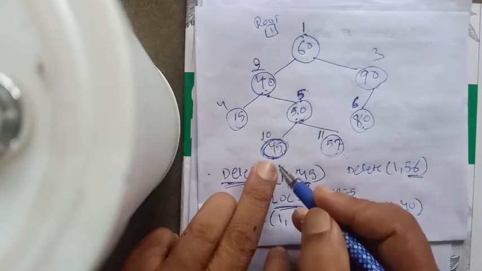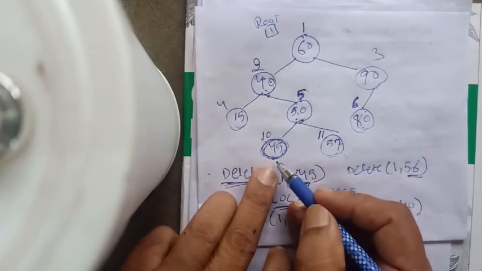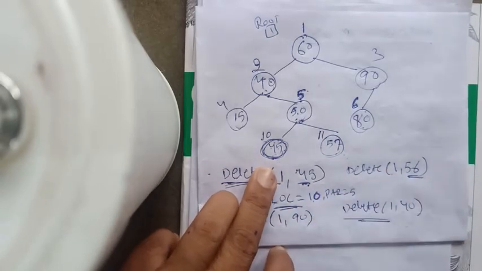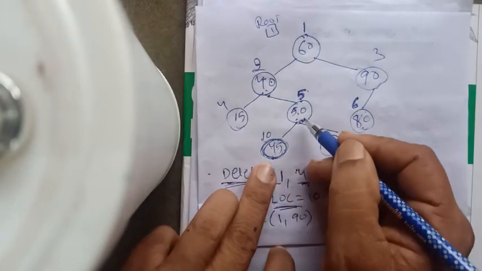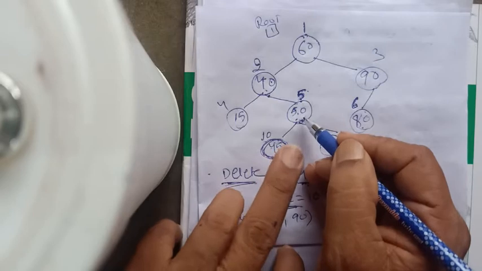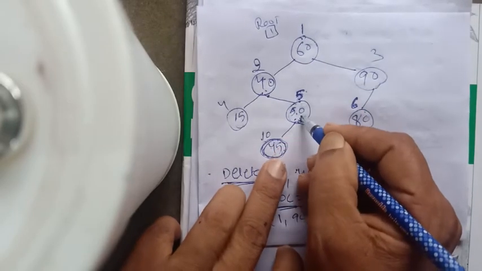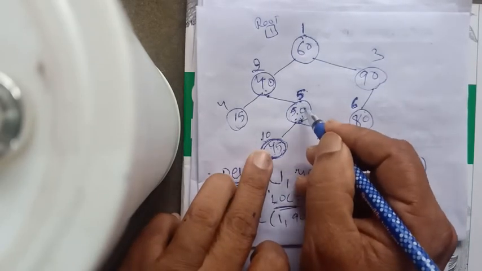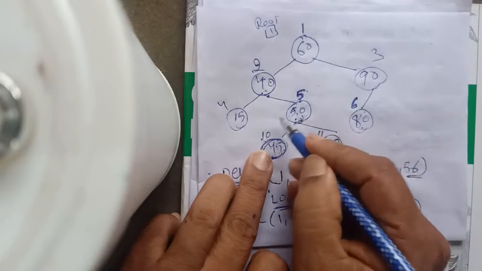Simple. You have to just check which part of its parent 45 belongs to. If it is in the left of its parent, see, its parent is 50 and 45 is in the left of the parent. So this node 50 will contain the address of 45. Address of 45 is 10, in a pointer variable. See, every node has 3 fields. One is the info field, and it has 2 address fields also.